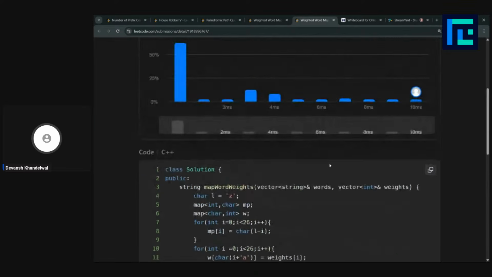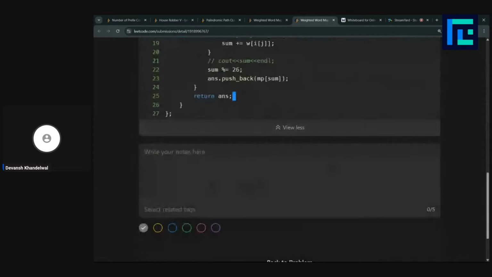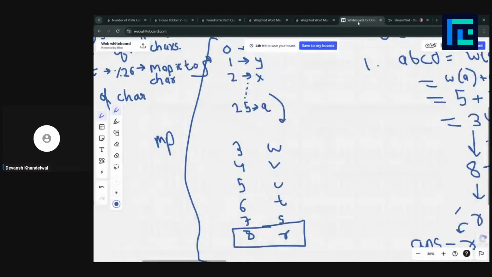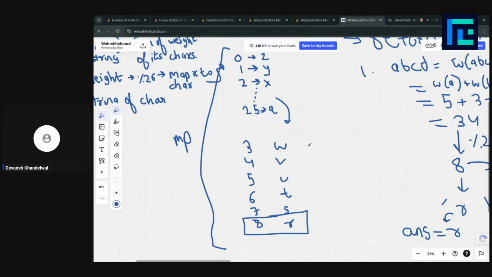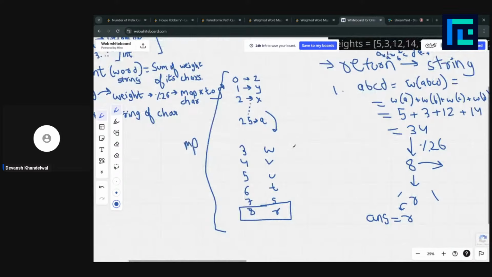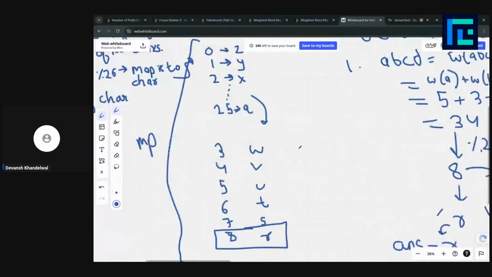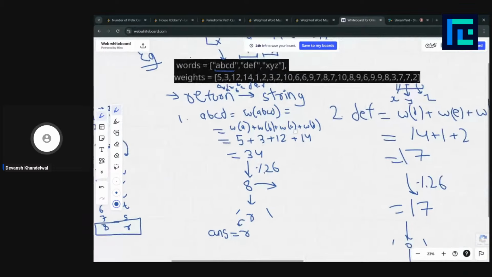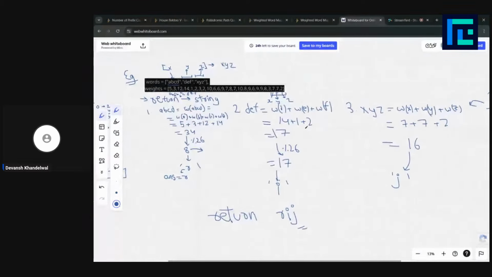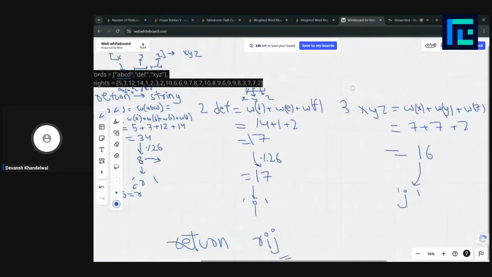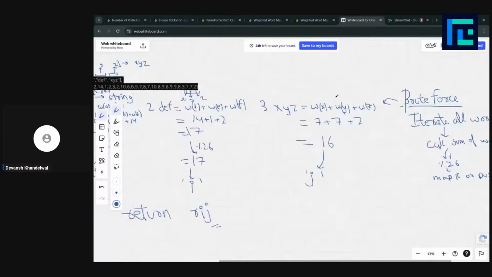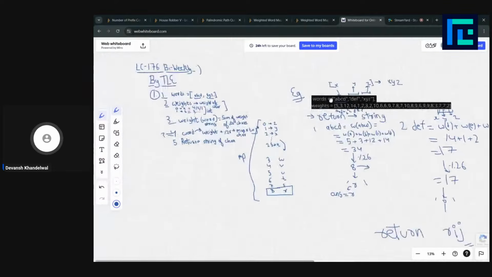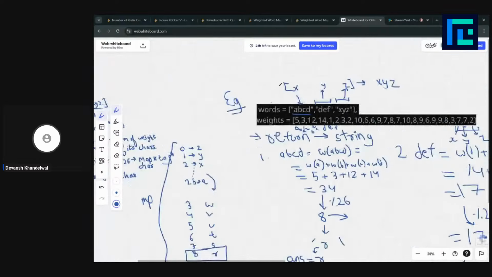Hope this was clear. This was a pretty easy problem, pretty standard and easy. Hope everyone solved it. If you guys have any doubt regarding the problem, you can also ping it out in the comment section. I would be actively seeing the comments even after the stream. So yeah, this was the entire question and this was the entire solution.